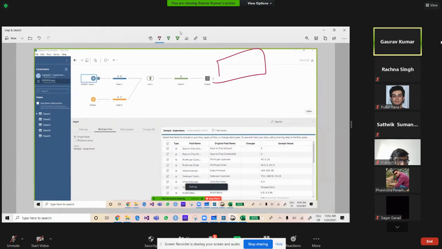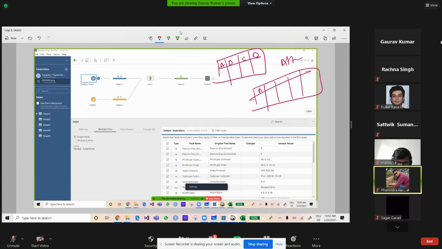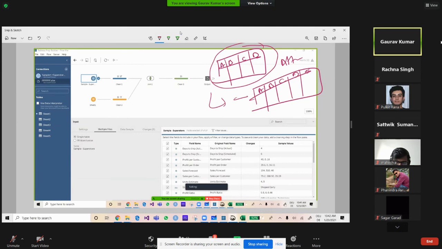For example, if you now have columns A, B, C, D, and after 2 years you have A, B, C, D, E. Your task will still be performed in this flow after 2 years, after 10 years, whenever you want.